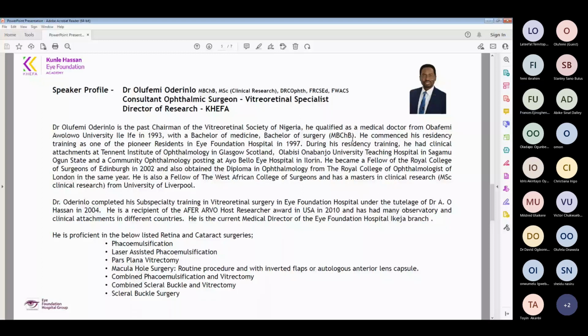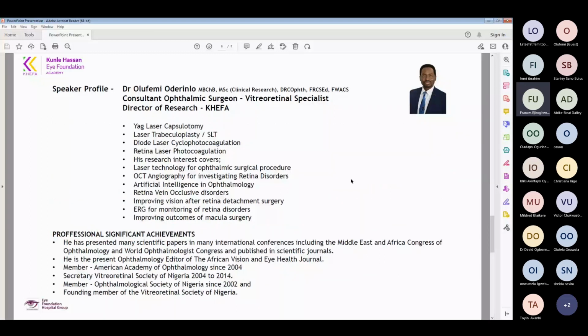He is a fellow of the West African College of Surgeons and has a master's in clinical research from the University of Liverpool. Dr. Oderilo completed his subspecialty training in vitreoretinal surgery in Eye Foundation Hospital under the tutelage of Dr. Adekunle Hassan in 2004. He's a recipient of the AFA Avo Host Research Award in USA in 2010 and has had many observatory and clinical attachments in different countries. He is the current medical director of the Eye Foundation Hospital Group Ikeja, as well as the director of research under the Kunle Hassan Eye Foundation Academy. He's proficient in various retina and cataract surgeries. He's presented several papers both locally and internationally. He is the present ophthalmology editor of the African Vision and Eye Health Journal. He's a member of the American Academy of Ophthalmology since 2002, and he is a founding member of the Retina